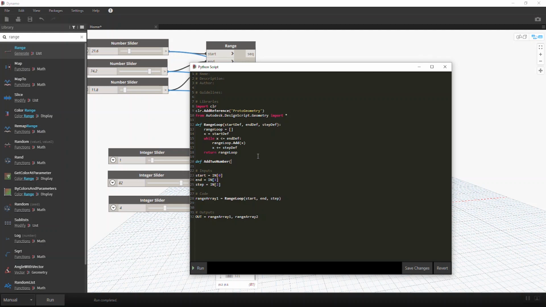Again, it's very easy, but it's not what I'm looking for now, to create a very complicated definition. And then we can just return a plus